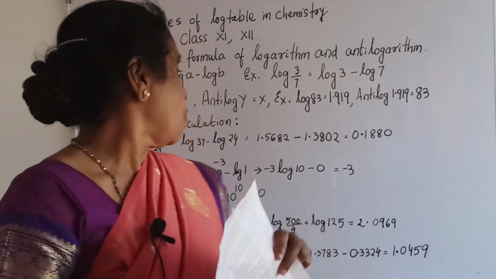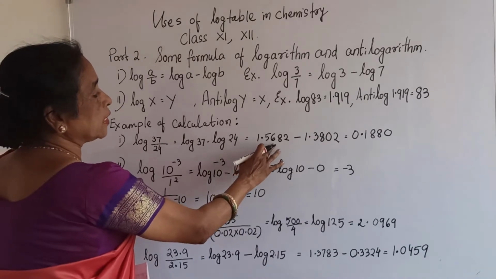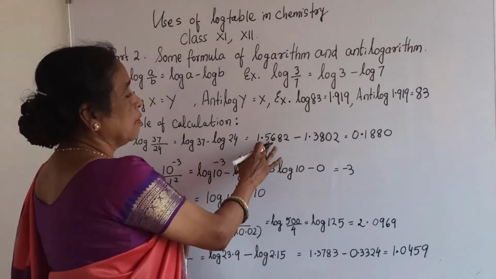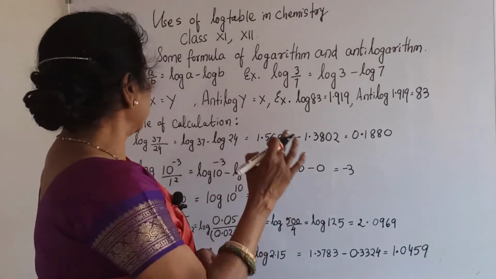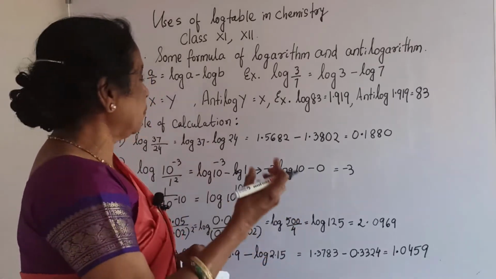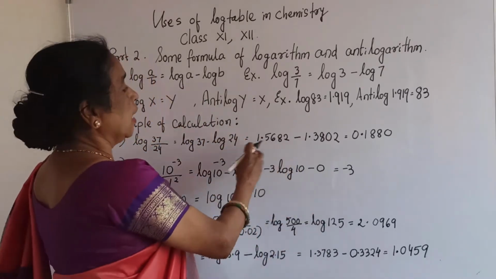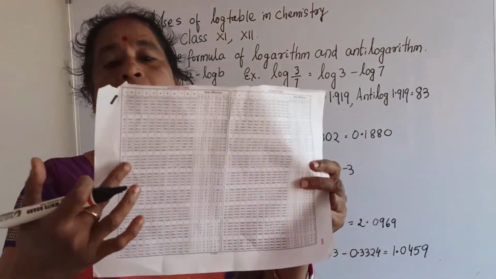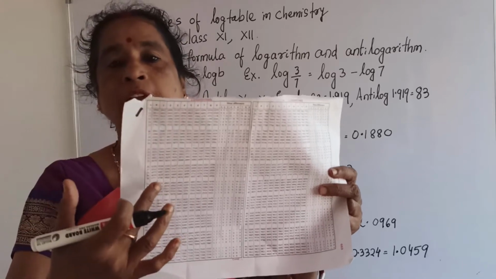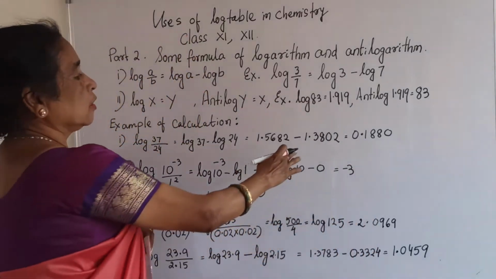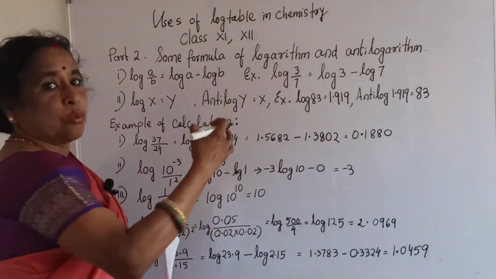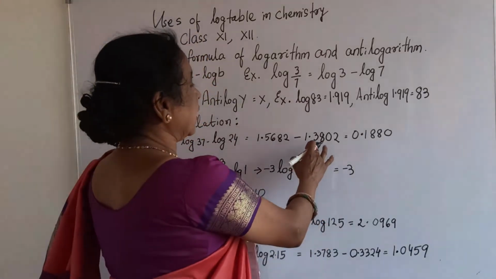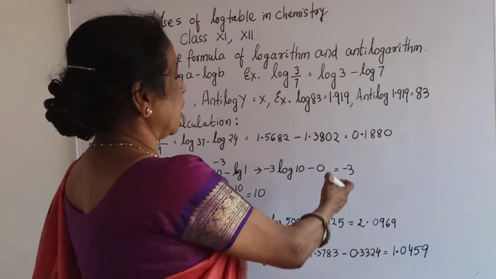and 37, you will go to our log table where it is 37 and you will find here 0. 37 and 0, what is the value? The value is 5682. So what is log 37? That is 1.5682. Similarly, log 24. 24 again 2 digits, that is why you will put 1 point. Then come to 24, see 24 here and come to 0 and see where it will meet. That value is 3802. So what is the answer of log 24? 1.3802.